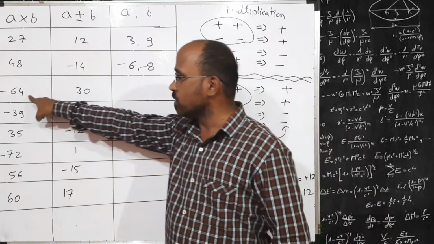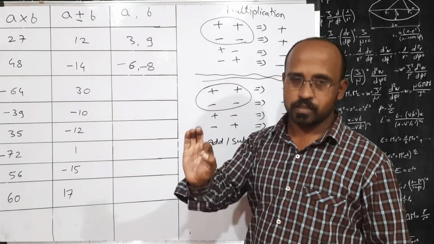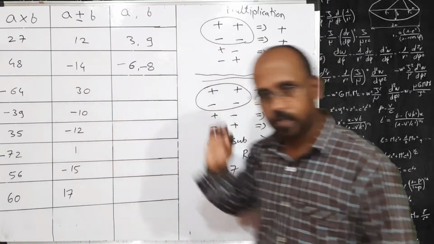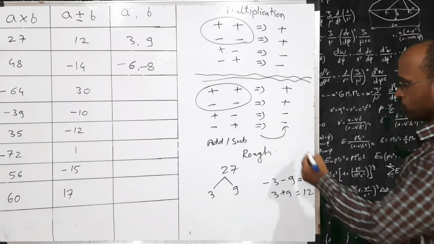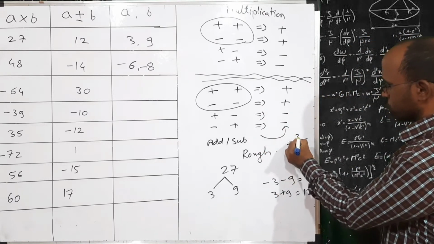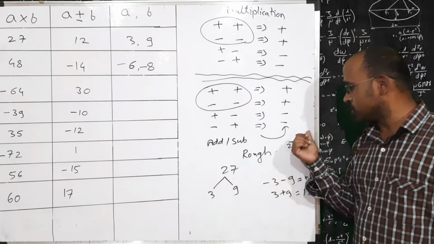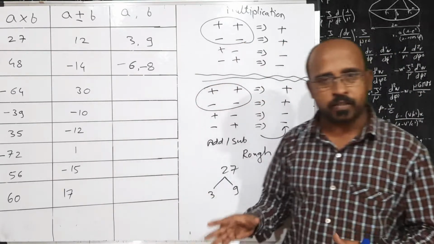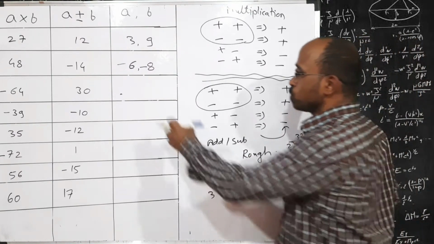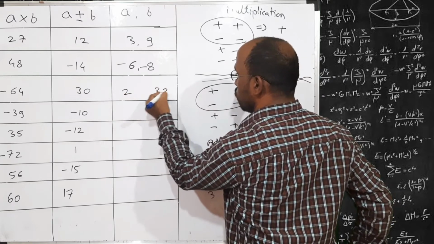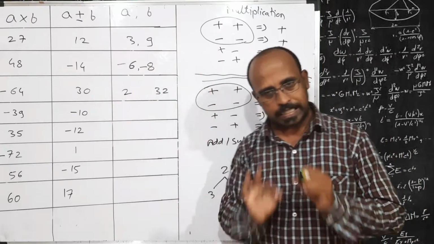So we have to look for the numbers whose multiplication is 64 and subtraction is 30. So which are such two numbers? 64 divided by 2, 32. 2 2s are 32 and 2. 32 multiplied by 2 is equal to 64. Subtraction 32 minus 2, 30. 64 is equal to 32 multiplied by 2. Means those two numbers are 2 and 32 whose multiplication is 64 and subtraction is 30 because 32 minus 2 is equal to 30. Clear?